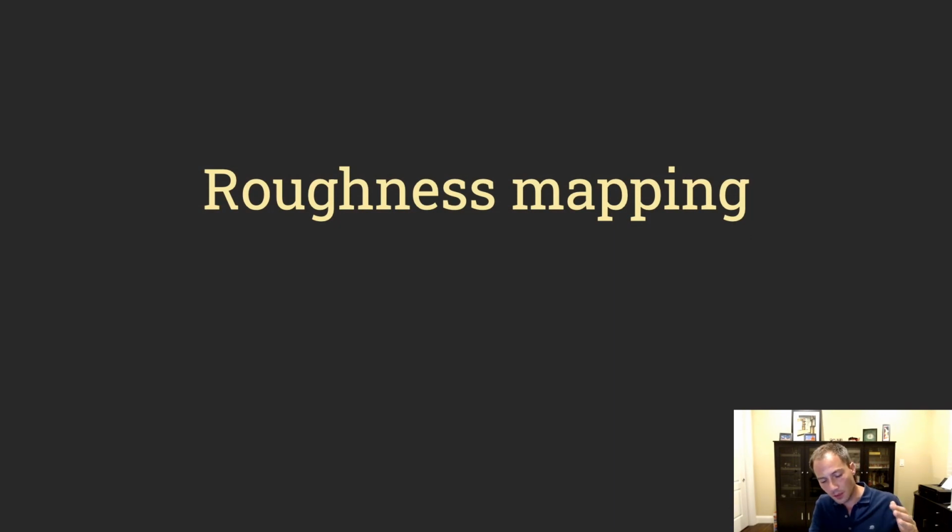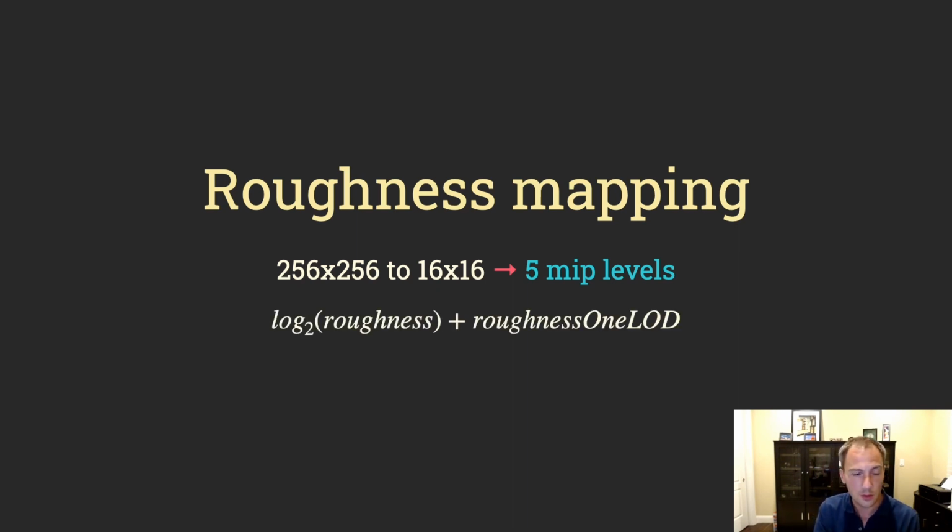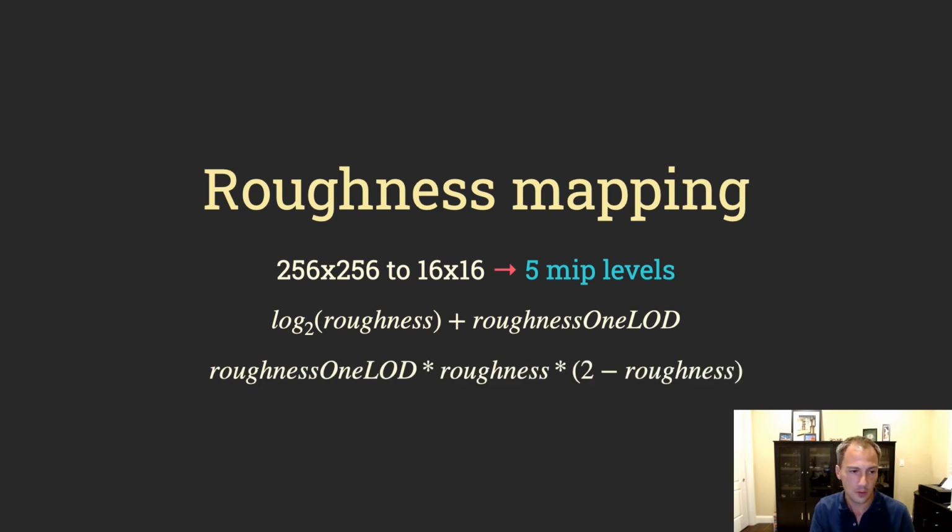So we want to use the specular level that holds a 16x16 MIP level as our diffuse map. And because we start at 256x256, that gives us only 5 MIP levels. So we have to find a good mapping for the roughness that maximizes the resolution of the low MIP levels for the glossy surfaces. So our empirical solution is the following mapping: the log2 of the roughness plus the index of the MIP level that contains the 16x16. In practice, we don't want to use log2 on mobile, so we use this quadratic fit instead. So really cheap, and it works.